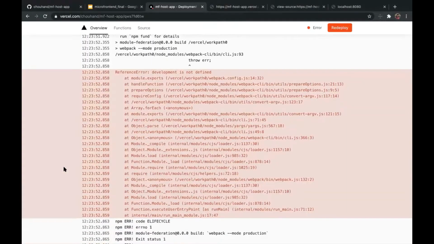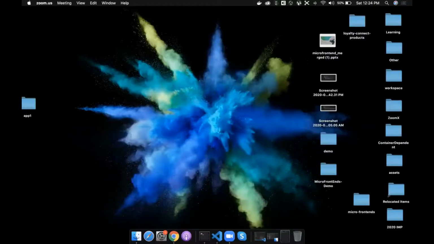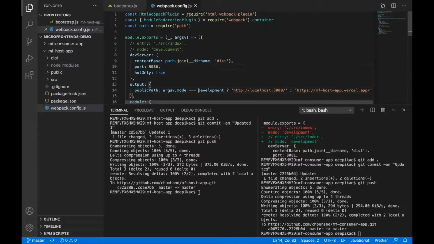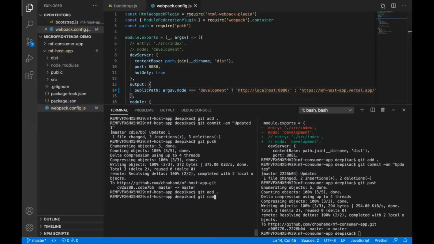Okay, it failed. Development is not defined. Why? Okay, sorry, it should be a string. Update it again, git push.